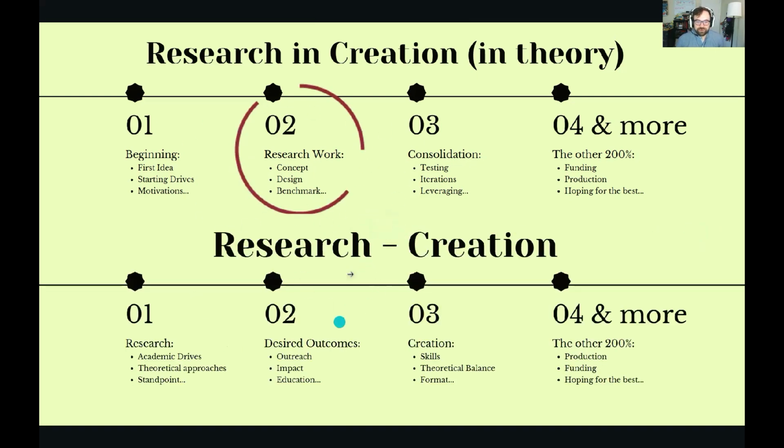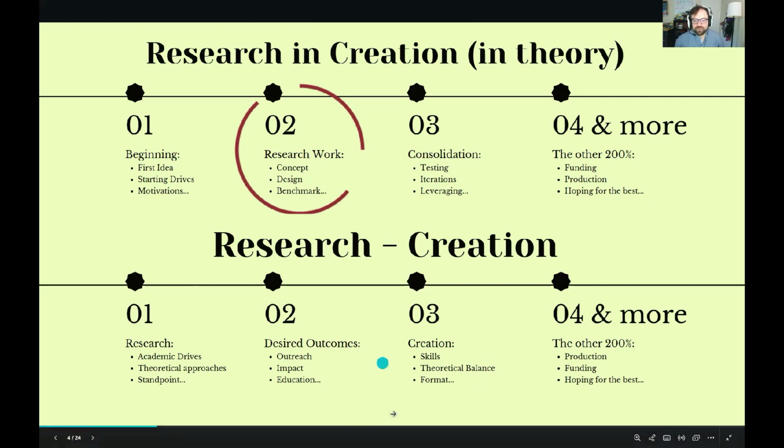But in this approach that I'm exploring, I'm thinking about research creation in a spiraling movement, where research is our starting point. So we are going to have some academic drives, some theoretical approaches, and our own personal ethical and political standpoint. And then we have some desired outcomes that we want to achieve with this research creation process. This is always a spiraling process, so we're going to go back and revisit every previous step, of course. And in this case, the outreach, the impact, and education about women's working life was the starting point for